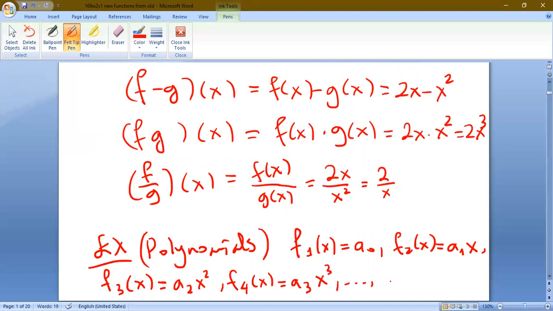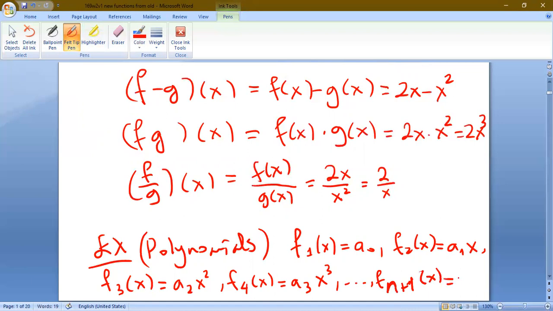We can continue writing functions like this, so I want to write f of n plus 1 of x